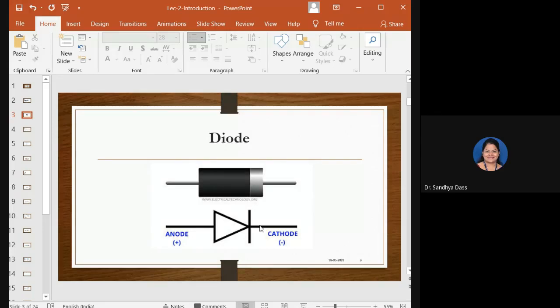But before we have a look at how these diodes work, we first need to understand the semiconductor's basic construction and concept. As I mentioned, a diode is made of a single piece of semiconductor material which has a positive P region at one end and a negative N region at the other. That's why we call it a PN junction. Diode is also called a PN junction. It is nothing but a fusion of two materials, P-type material and N-type material, which has a resistivity value somewhere between that of a conductor and insulator.